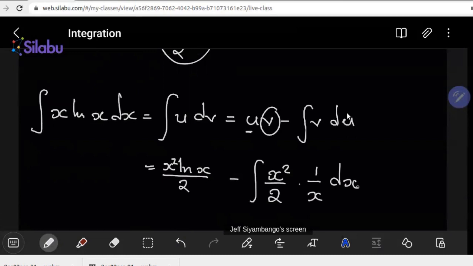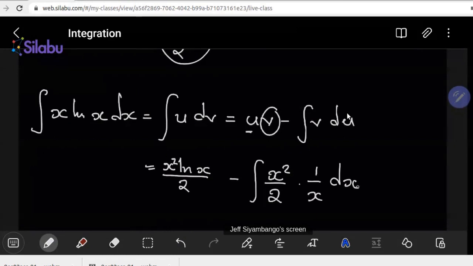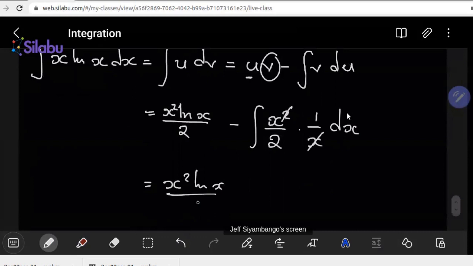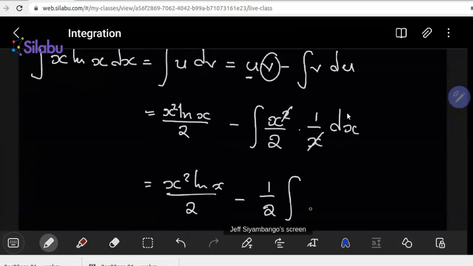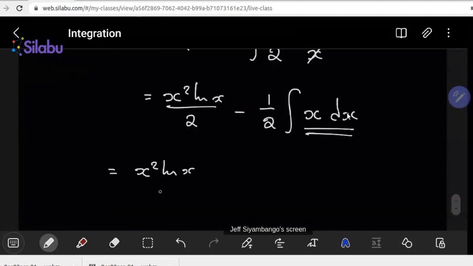You see why we picked u to be the ln, because after that, this and this cancel out, the 2 comes out, we now have x squared ln x over 2 minus the 1 over 2 comes out, then we have the integral of x dx. Guess what? This is way too easy to integrate. We can easily integrate that one, and the answer becomes x squared ln x over 2 minus the integral